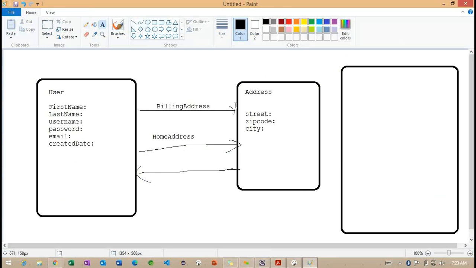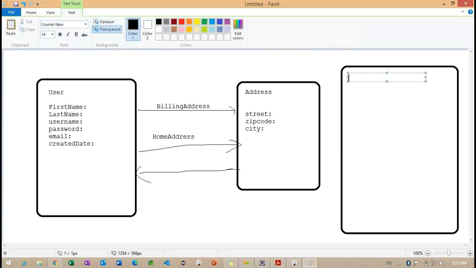So how exactly is it going to look? Now you can understand, inside this particular user table, this is a user table here. User ID. So user ID we are going to have as a primary key here. Right.